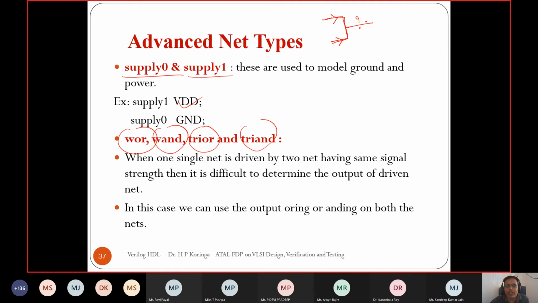At that time, if we define this wire as a wor, suppose here is x and here is y, and y1, then y will be the ORing value of y and y1. So this is used to resolve when we are driving a single net by multiple different nets. The same is applicable for wand, tri or and tri and.